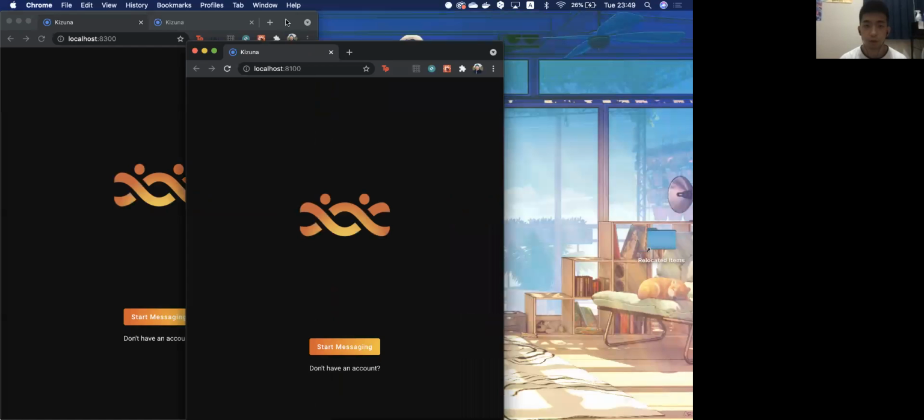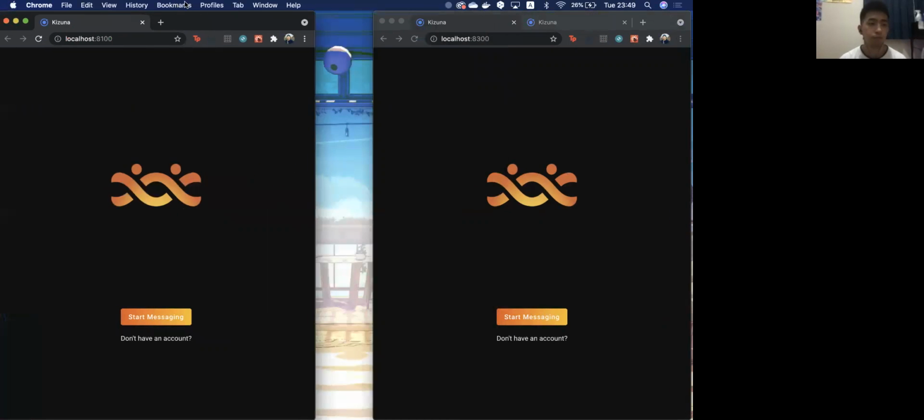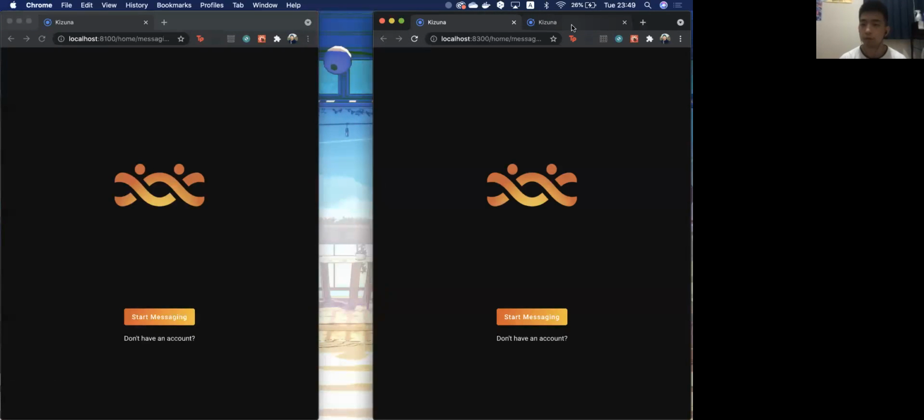Give me a moment. Let me just switch these. So it means we are going to test the Kizuna in the three localhost version, yes? Right, yes. So right now we have booted up 3 agents.